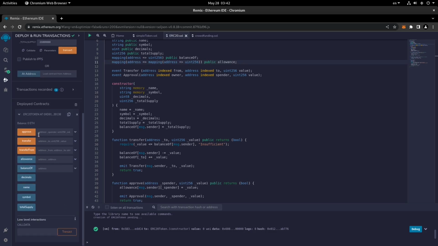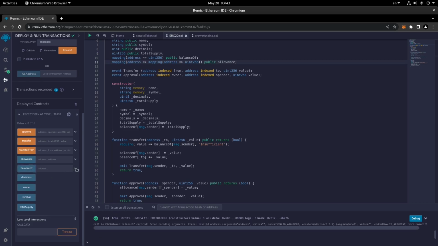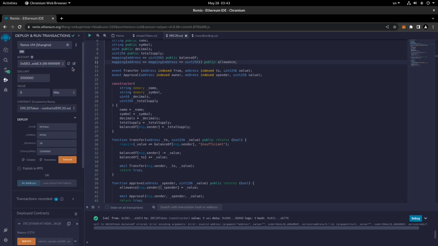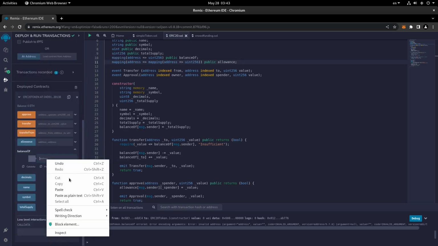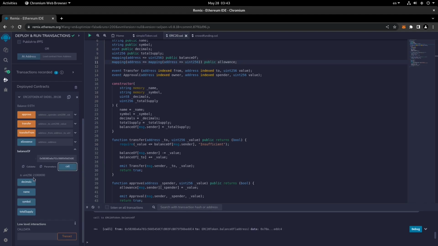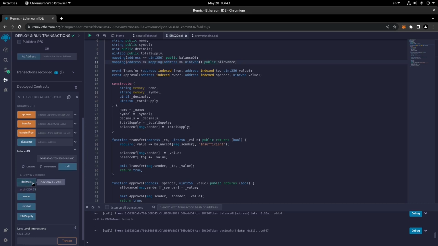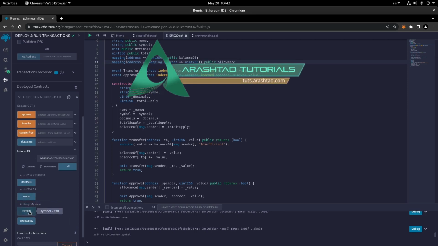As you can see, we've got the approve, the transfer, and transfer from. First of all, we need to approve and then use transfer from, or we can just transfer from the holder. We're gonna try all of these together, but let me first check the balance. So we should enter the address here. If I copy and paste the address of the message sender, you will see that it's 21 million because we are the holder of all of the total supply as the person who deploys the contract. And then we will have the decimals 18, name my token, symbol MTKN, total supply 21 million.